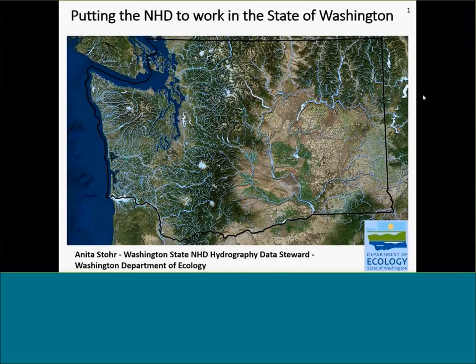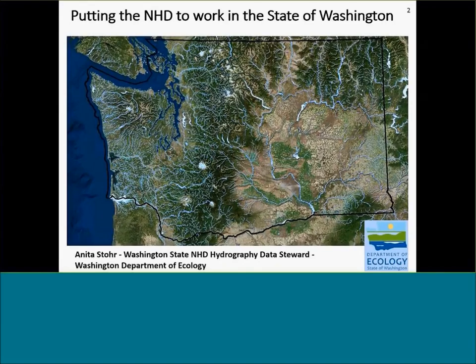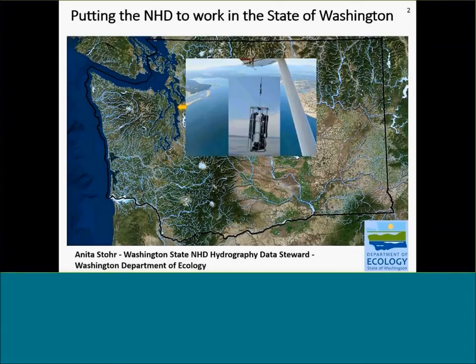Washington State adopted the NHD as its standard hydrography data set in January of 2011. And since that time, the state's focused on associating the highest priority water resources, human health, and fisheries data sets to the NHD. We've also been correcting the largest errors in line work and providing access to a wide variety of users. And Washington has a wide variety of landscapes, water types, and resources, which led to the development and use of many GIS hydrography data sets early on.